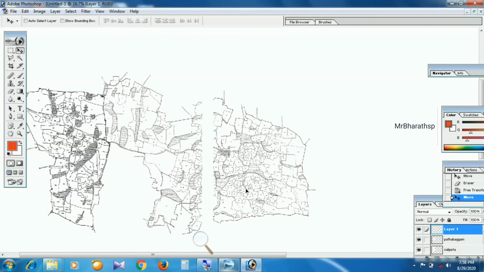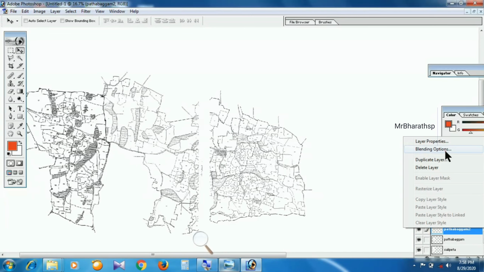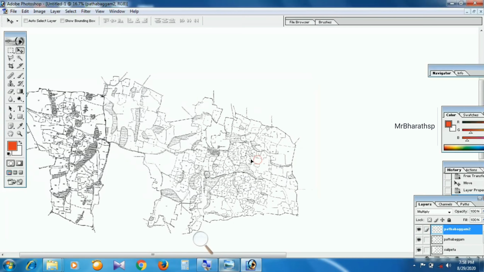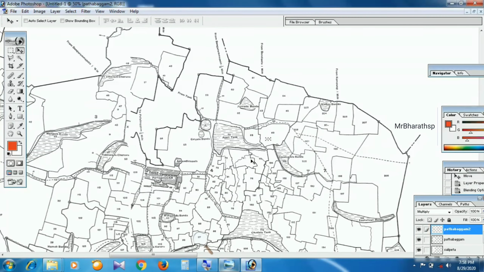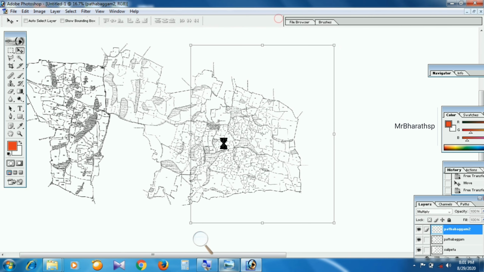Before that we have to change the blending properties and give it a name because it is overlapping. We shall change the name to Pathabagam 2 and right click on that, go to blending options and change the blend mode from normal to multiply, and we shall join the maps.